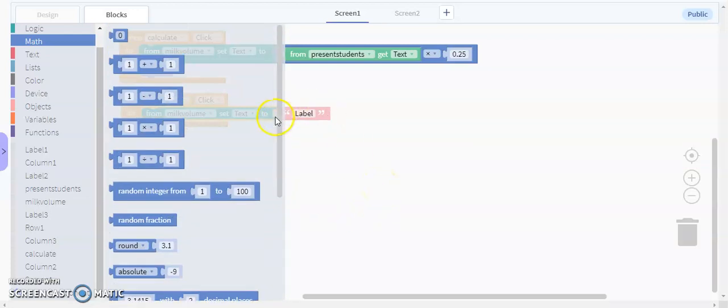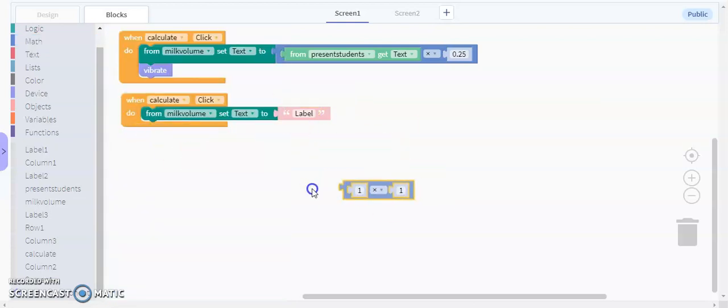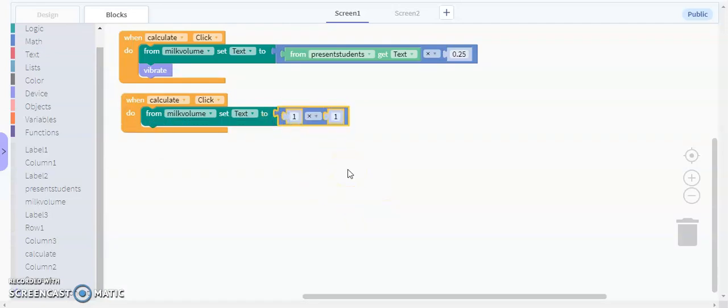This math option has many more options in code.org, but yes. So now we take this small multiplication sign.